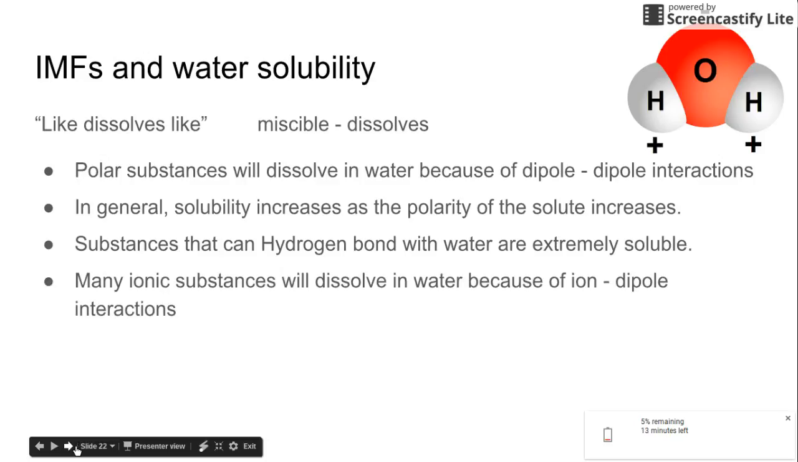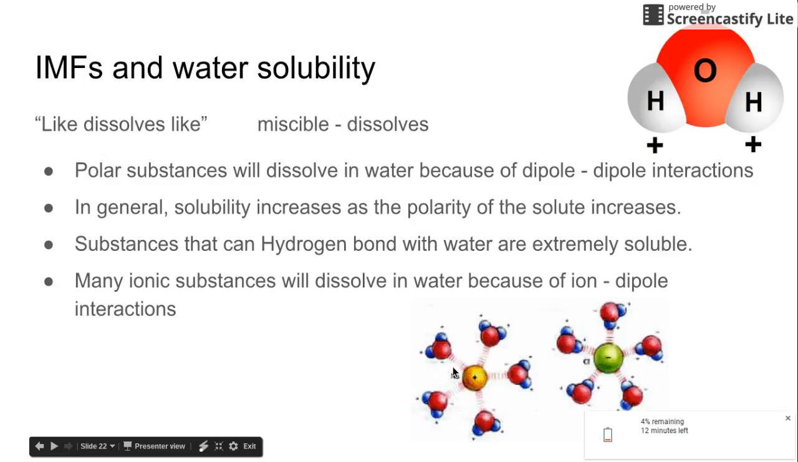Many ionic substances will dissolve in water because of an ion-dipole interaction. That's what happens and the reason why things dissolve. You've got like a positive sodium